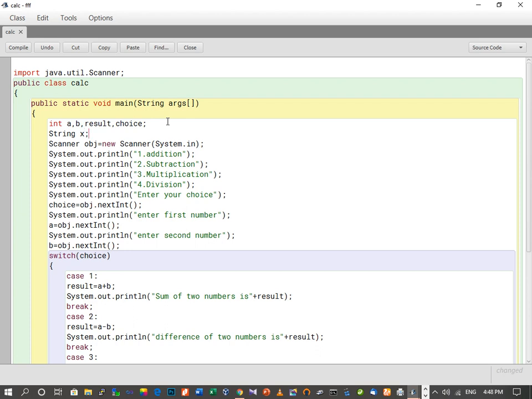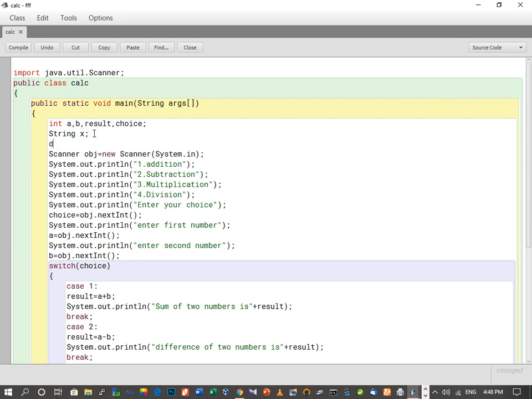Now this string data type, this non-primitive data type, allows you to access several string methods. Here we are going to compare whether the value of x is equal to y or not, meaning y for yes. If it is yes, then this program will be executed, otherwise it will not be executed. That is why we have declared this string kind of variable over here. Now the next thing is that we are going to put the entire code inside a do and while loop. So let's see how to do that.